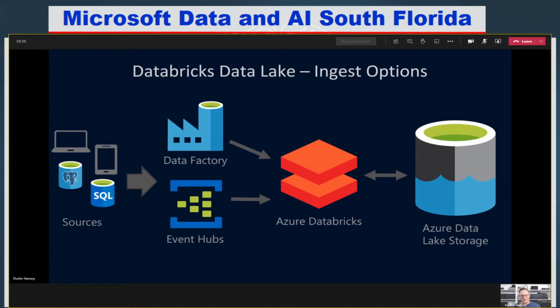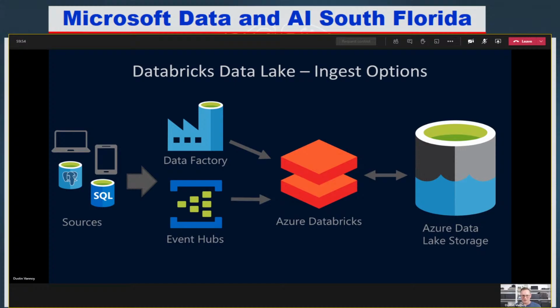So one is that we have Databricks go get that data itself, and I would usually orchestrate that with Azure Data Factory to kick off a notebook or a job. And Databricks is reaching out to a database, and they're doing batch polls at that point. So that's not the streaming mode.